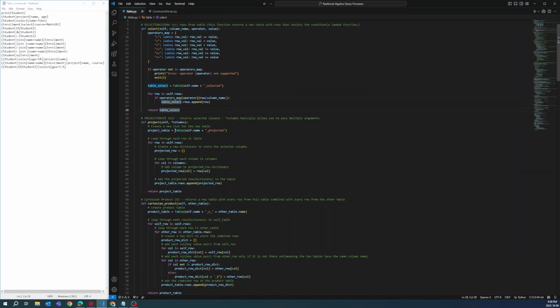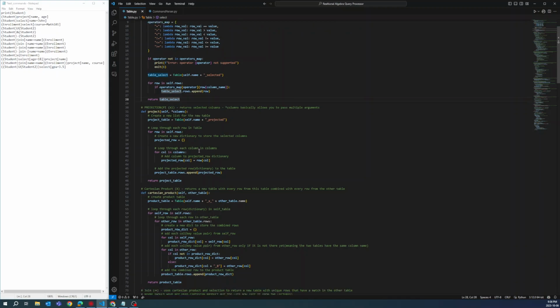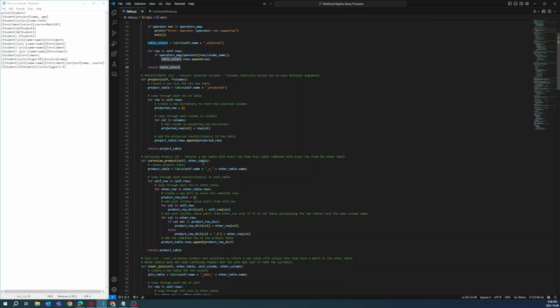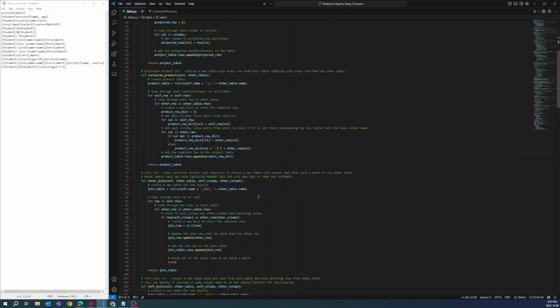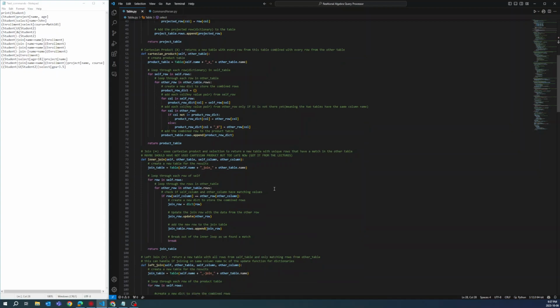Okay, so then next we have projection. Returns only selected columns. Again, nothing too fancy, just loops. Cartesian product. That's not technically an official relational algebra operation, but it was in the lectures, and I thought I was going to use it for my join, and I did use it for my join, but then I found a better way of doing things. But anyways,